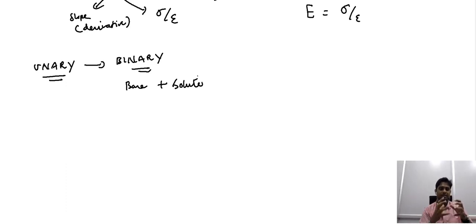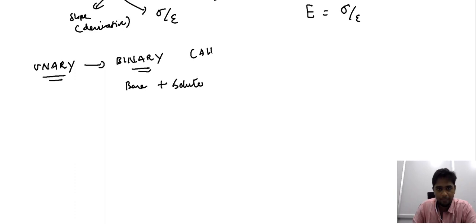So when we consider a unary system, it is a pure form of a metal or any material. In case of binary system, you have an additional component to it. So when I say component, what I mean is a chemical species. It can be an element. So it can be a metal or it can also be a non-metal. So generally, when we talk about binary system, in the metallurgical context, what we mean is